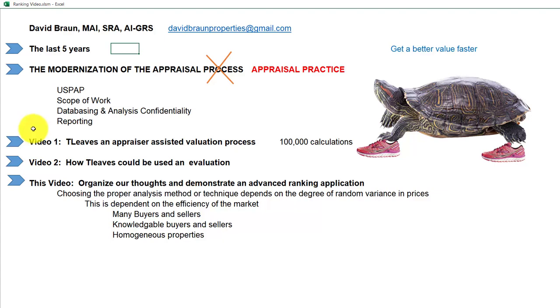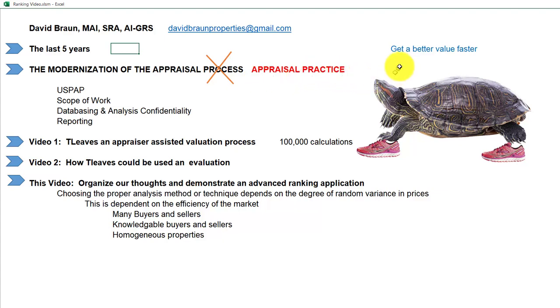But right now I'm giving my 2 cents mainly to appraisers. So let's get back up to the modernization of the appraisal process. First, I would change that word from appraisal process to appraisal practice. The reason being, we're not really changing any of what's in the Appraisal Institute principles book that they now call the valuation process. We're really not changing those steps. We want to be broader than that. We're really looking at changing appraisal practice in general.